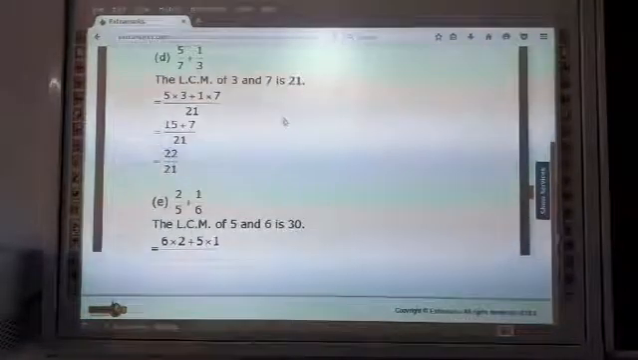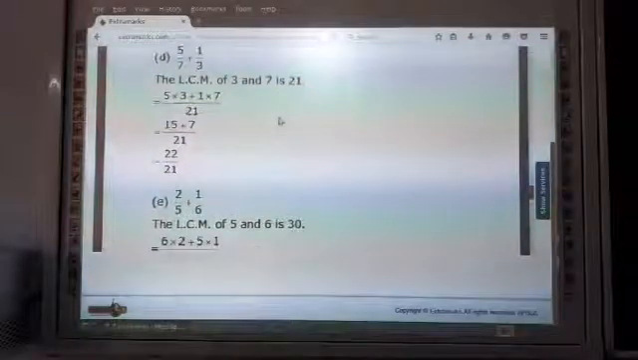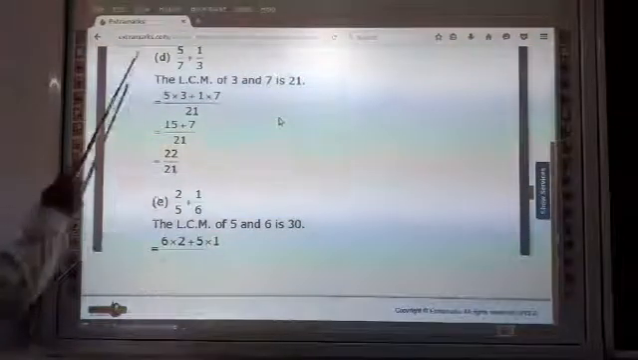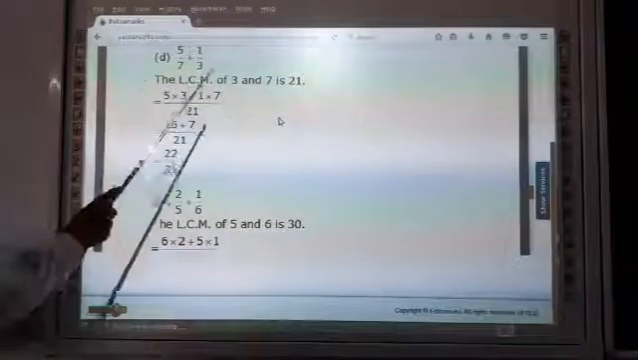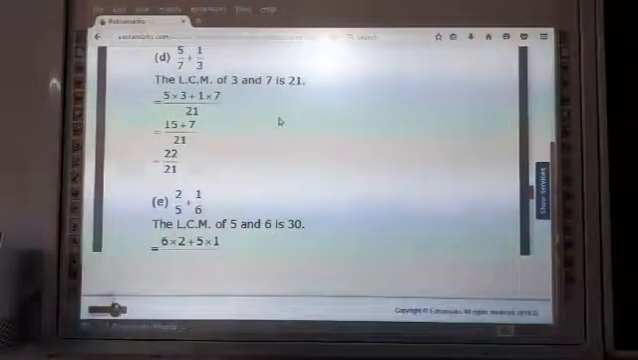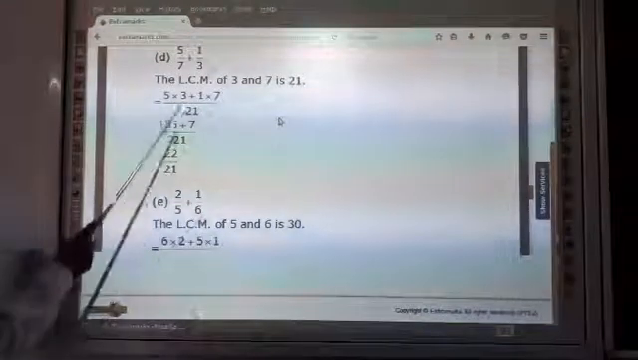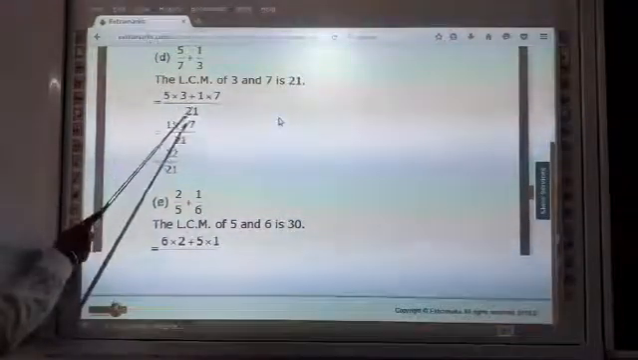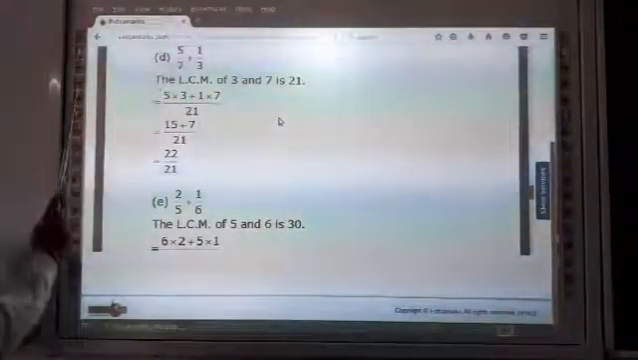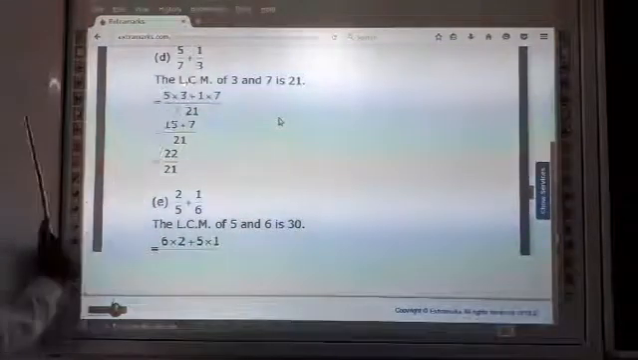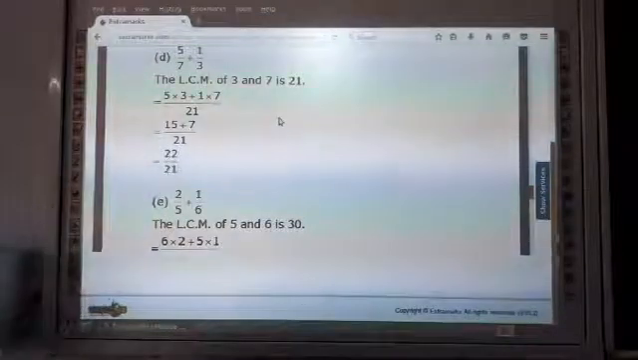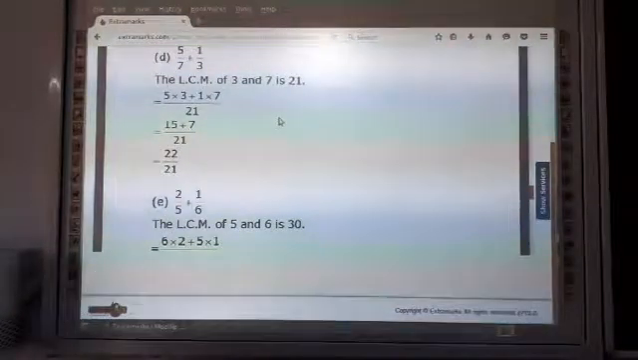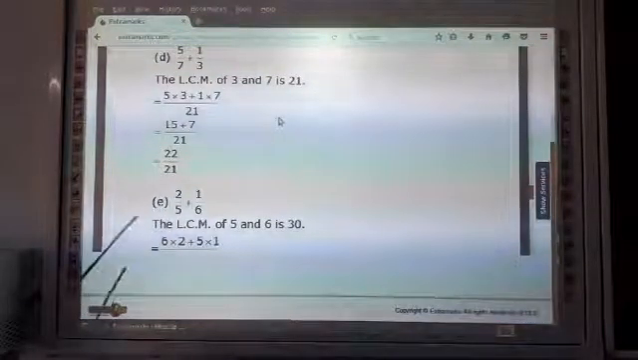Now next question. 5 upon 7 plus 1 upon 3. The LCM of 3 and 7 is 21. 7 threes are 21. 7 threes are 21 and 5 threes are 15, plus 3 sevens are 21. 7 ones are 7. 15 plus 7 is equal to 22 upon 21. This is the answer. And next question,